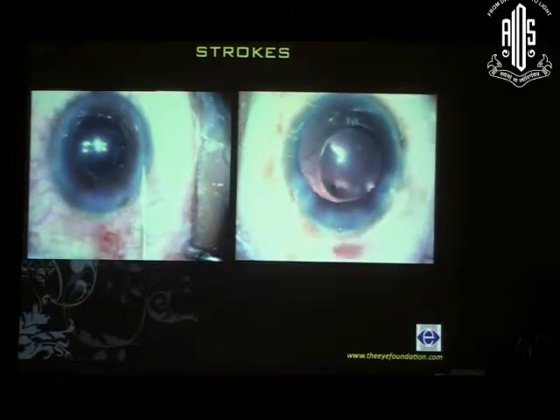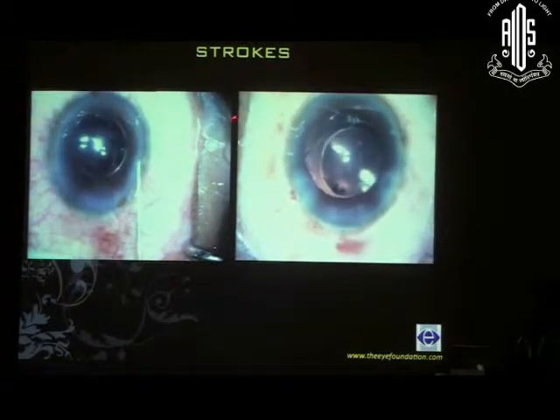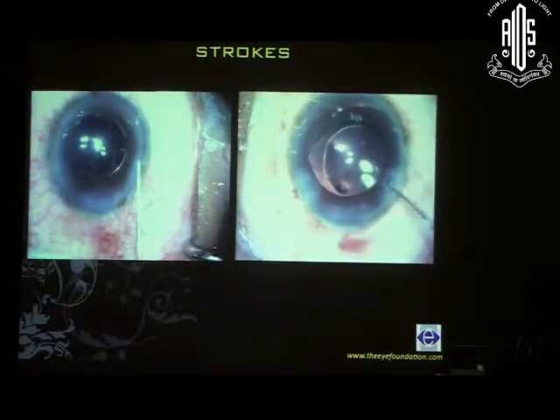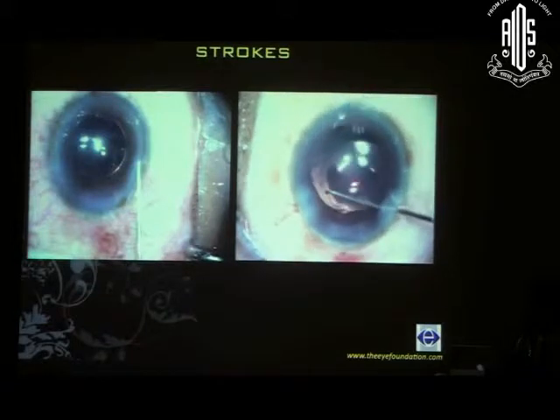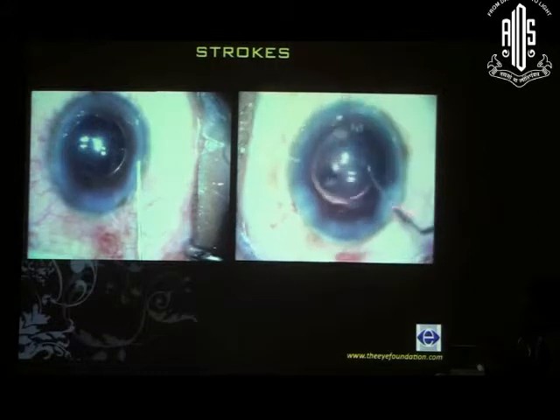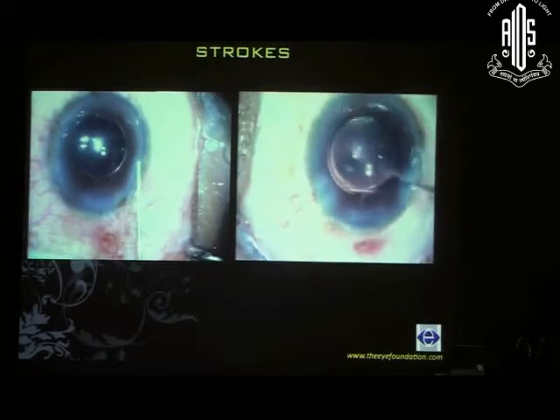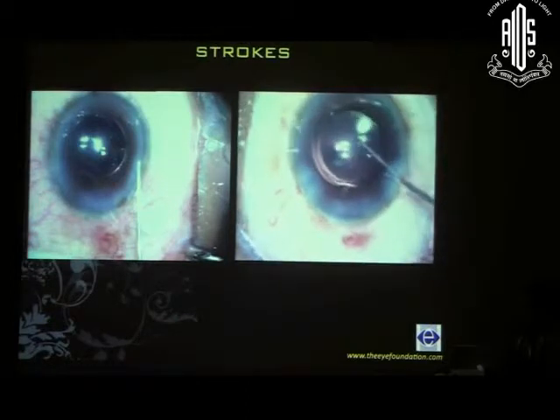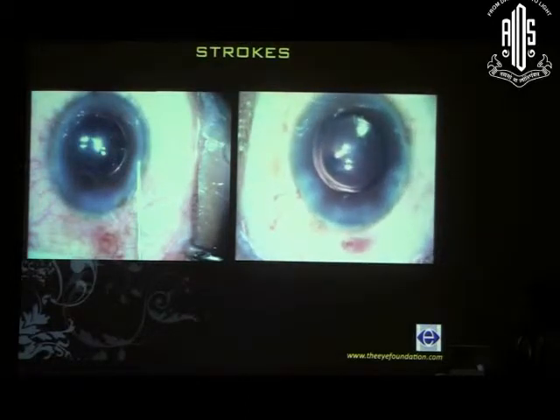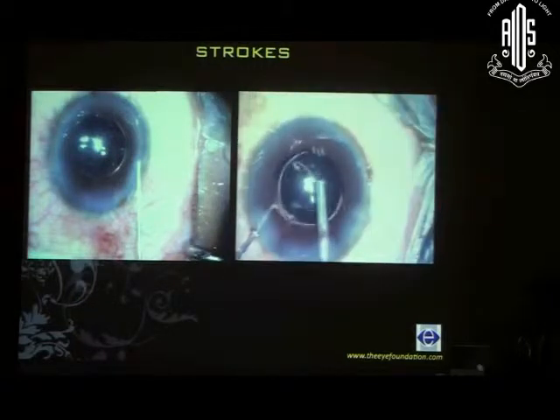So in this particular case, what I would do is just reposition the haptic in the direction of the dialysis, as you can see, and then reposition it, and then insert a CTR, so that even though this was something unwarranted, these things can happen in any of our hands. So at any point of time when you see a dialysis, you should not hesitate to place a CTR. I'm going on to the next case. This is how it was being implanted.